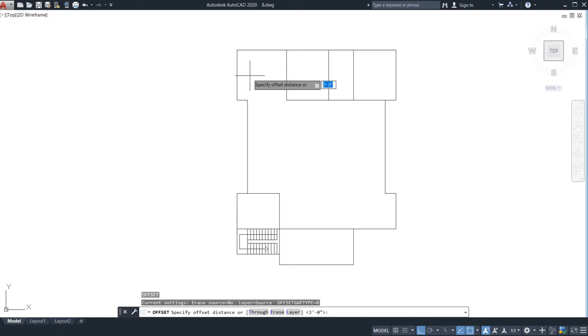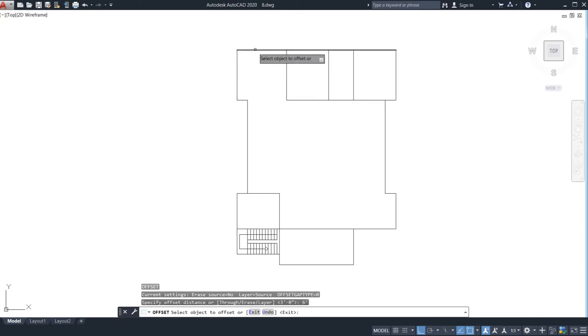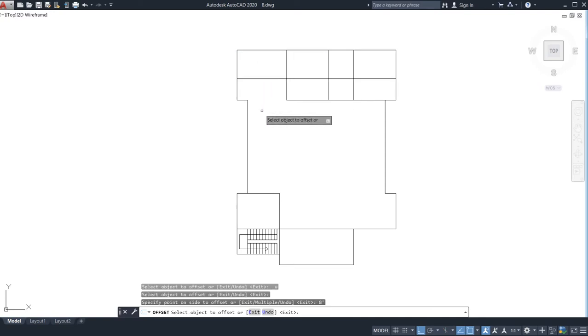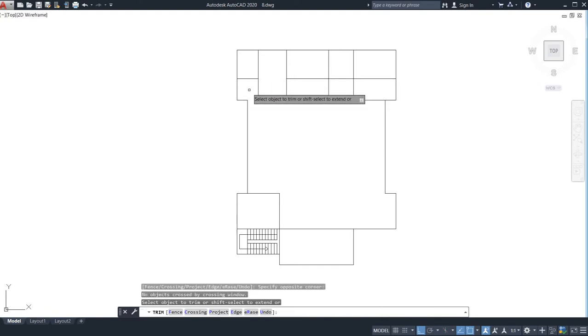So what I need to do, I'm going to take 6 feet from top, and from bottom I'm going to take 8 feet. I'm sorry, I'm going to take 8 feet for this one, and this would be my 6 feet. After that go for the trim command, just trim it.